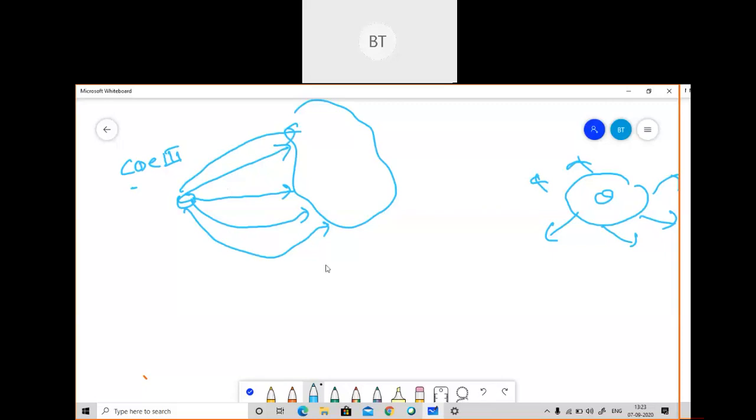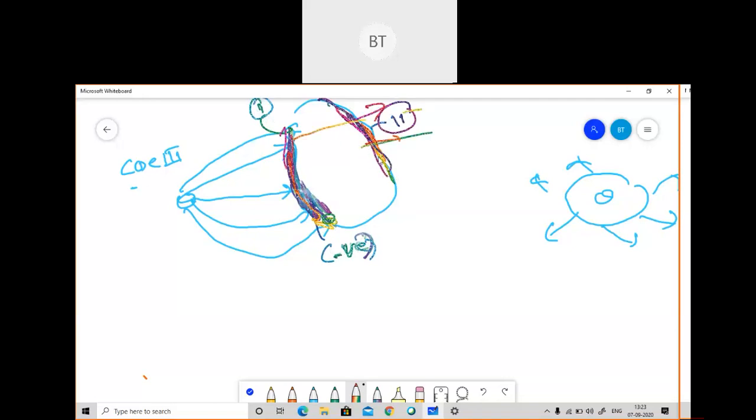If I needed to calculate the electric flux for this region, what I will write here is that the flux will be negative because it is going inside. This is the first region and this is the second region. If they ask you to calculate for this region, the electric flux will be negative. If they ask you to calculate for the other region, the field will be leaving the surface, so the electric flux will be positive.